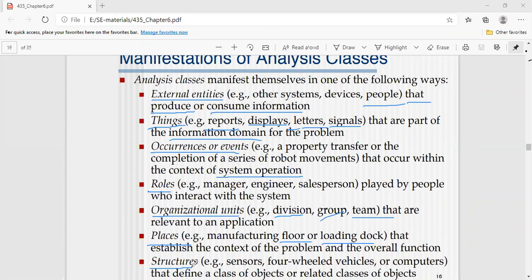By using which sensor are we going to provide the services to the customer, whether sensors, some computers, or some vehicles? By using these, we may define some classes or some class objects.